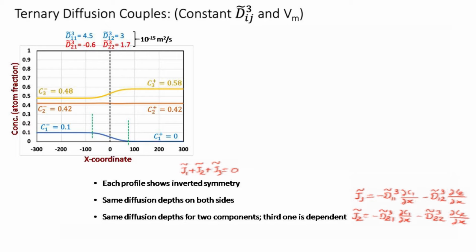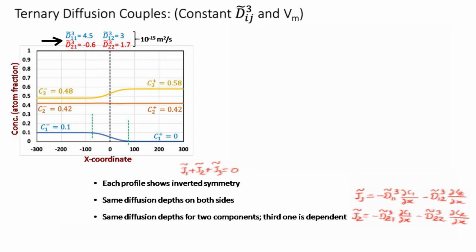Now, in this particular couple you can see component 2 has the same concentration on both sides. If I want to write the flux of component 2, I can use this equation: minus D21 tilde ∂c1/∂x minus D22 tilde ∂c2/∂x. The set of ternary interdiffusion coefficients that was used to produce this profile is written here. The values are in 10 to the power minus 15 meter square per second, and particularly for component 2, D22 tilde is the main coefficient